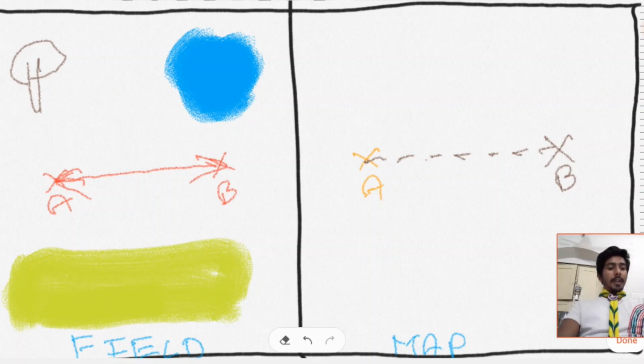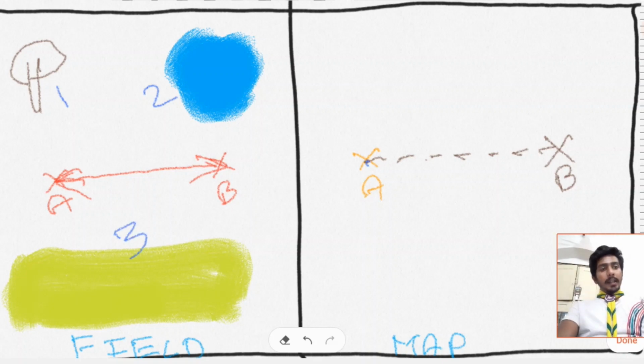Without moving the drawing board, take a sight of another feature and draw a line from point A. Let me consider the tree as the first feature, the pond as the second feature, and this farm or garden as the third feature.